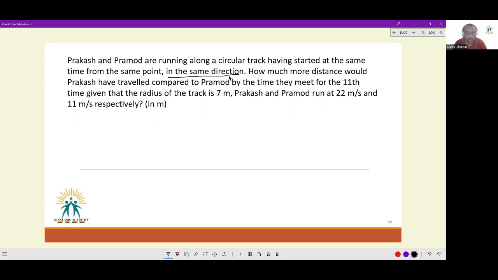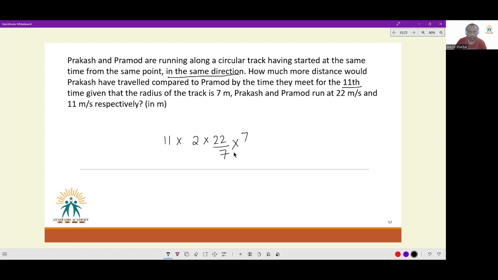How much more distance would Prakash have traveled compared to Pramod by the time they meet for the 11th time, given that the radius of the track is 7 meters and Prakash and Pramod run at 22 meters per second and 11 meters per second respectively. Because they are meeting for the 11th time, the faster guy would have taken 11 more rounds. 11 more rounds would be 11 times the circumference of the circle. The circumference of the circle is 2 into 22 by 7